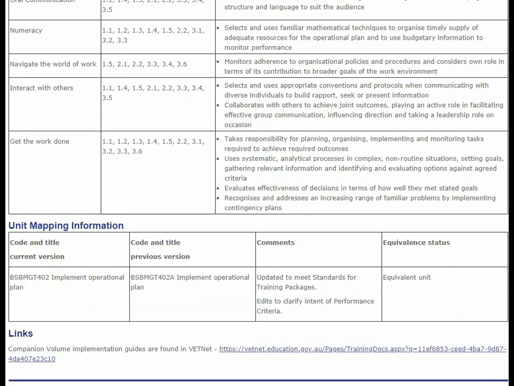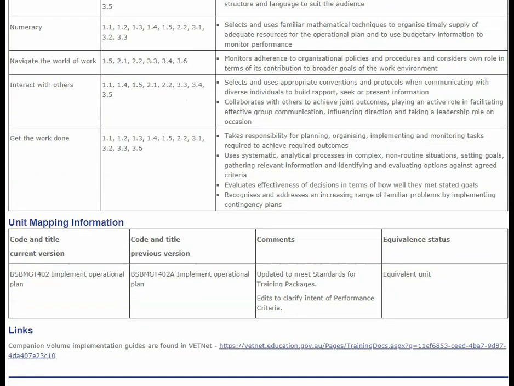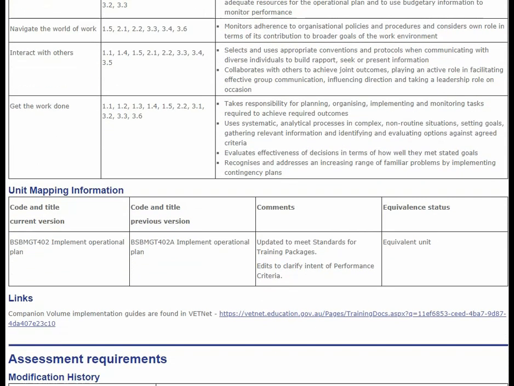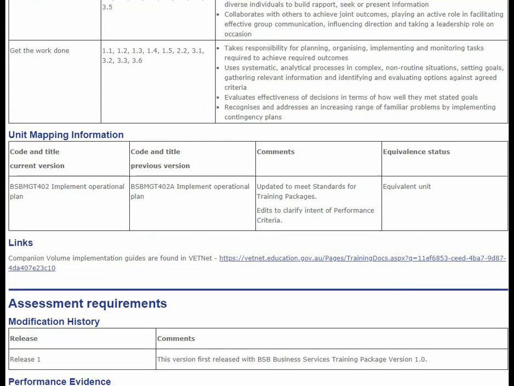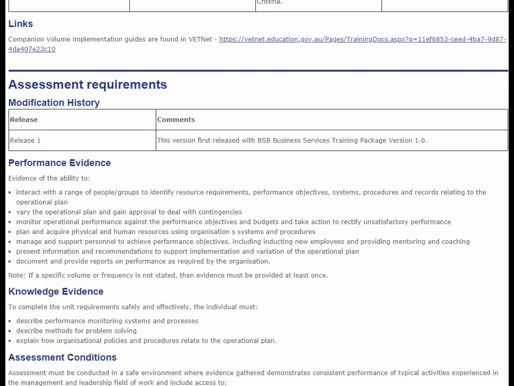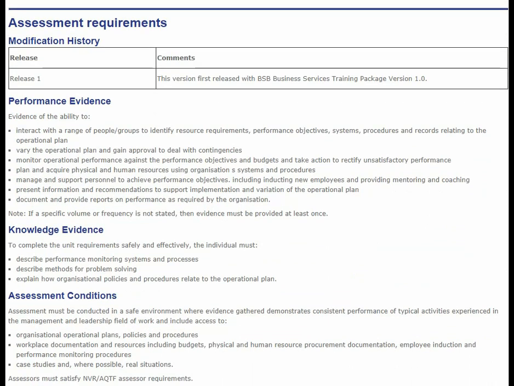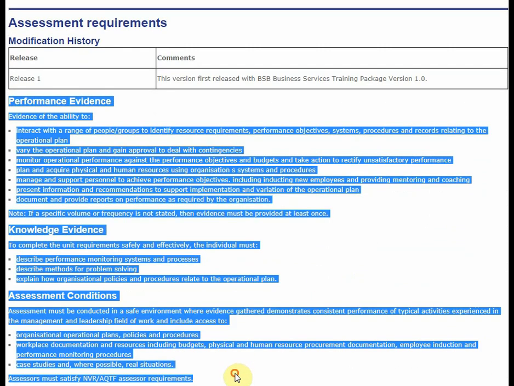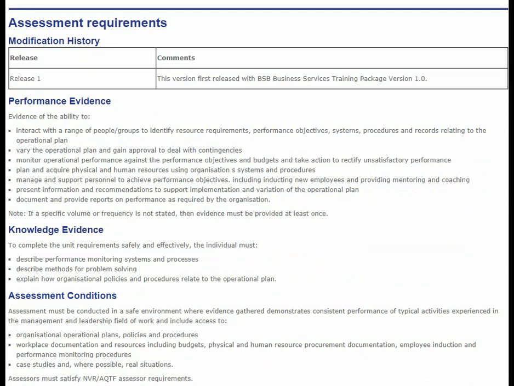So as we scroll down, unit mapping information, the links, I don't really find much of that useful. Modification history, yeah, it can be useful, but we're not going to worry about that right now. We're going to talk about these. Alright. So, even though we have the elements of performance criteria, we also need to ensure that students are